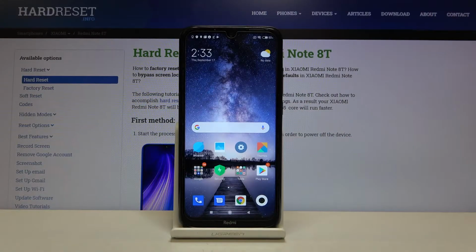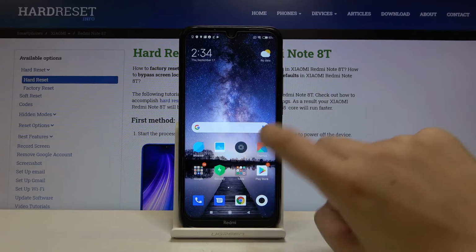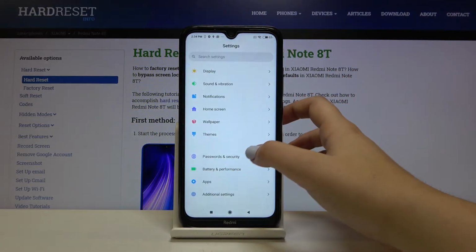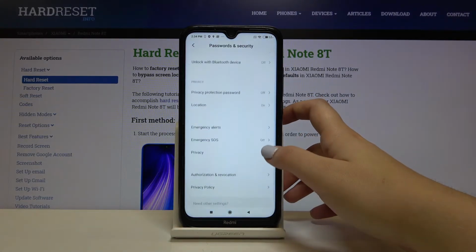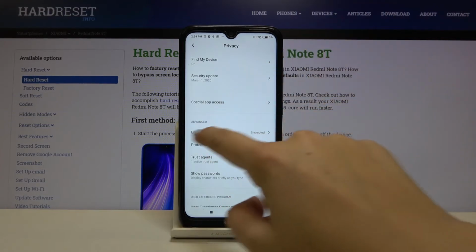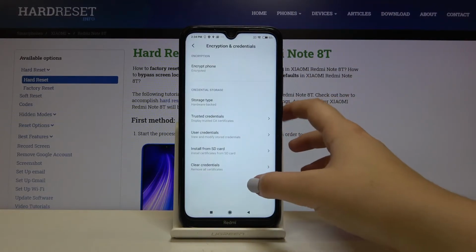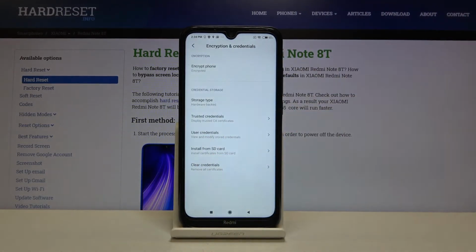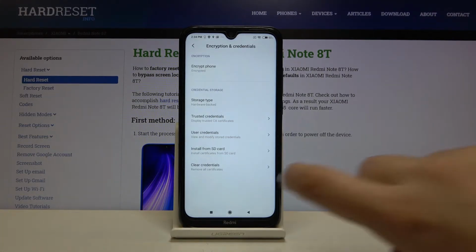Hi everyone, here we've got Xiaomi Redmi Note 8T and let me show you how to clear credentials on this device. So first of all, let's get into the settings and let's find passwords and security. Now we have to find the privacy, so let's tap on it, and here we've got encryption and credentials. Let's tap, and at the very bottom of the list we've got the clear credentials option,